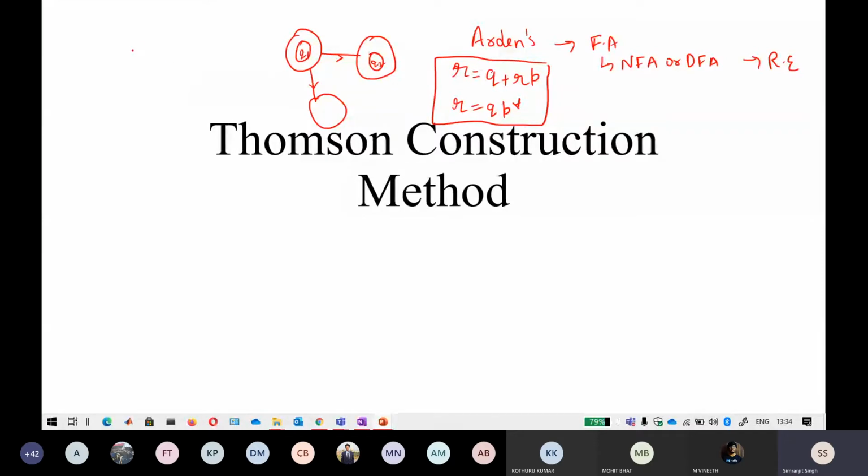If I am applying Arden's method, whatever is the final state, the regular expression is obtained on that. So whenever there are two final states, keep in mind, calculate Q1 as well as Q2. Whatever the answer, I just say the answer I got is R1 and the other answer I got is R2.